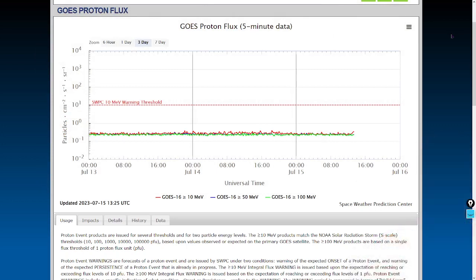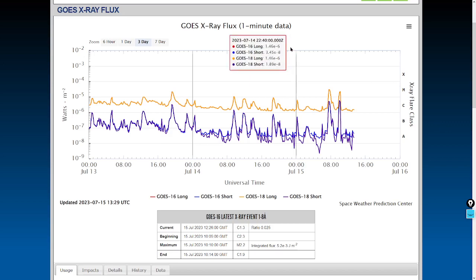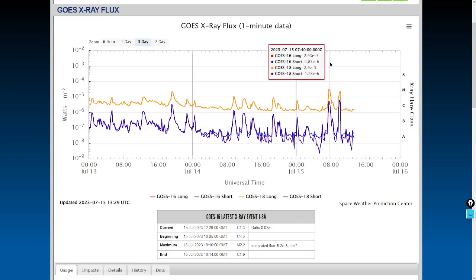Let's take a look at energetic particles and flares next. The proton flux remains flatlined. No relativistic particles showing up here for days, and no major spikes for like a month or two. We did have 2 M-class flares in the past 24 hours, which we're going to show you momentarily. The first one was the largest, just under an M3 class flare, with peak flux at 740 universal time. And the second one was